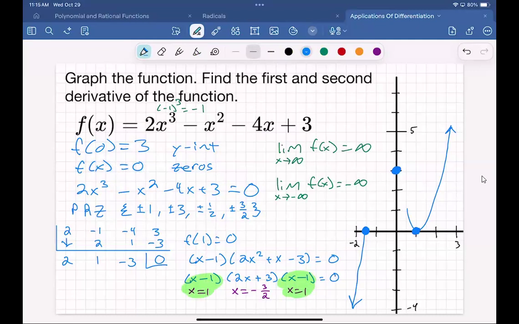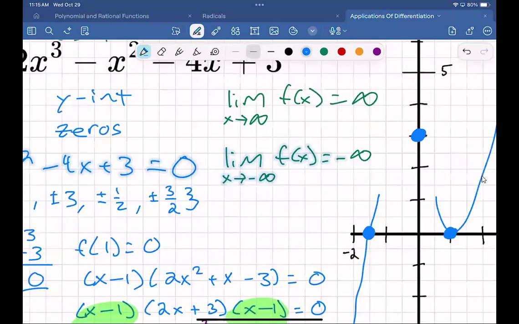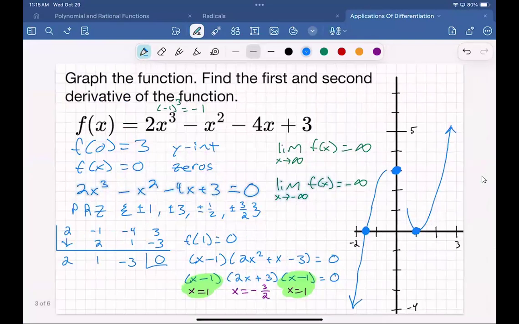Okay. Anytime it occurs an odd number of times, we're just going to cross through. It's almost like if I zoomed in on that -3/2, it should be like a straight line going through that x-intercept. Okay. Now from there, though, again, we would have to gather more points, but let's say it just does something like this. All right. Even with the limit in place, it's not that much more help. However,